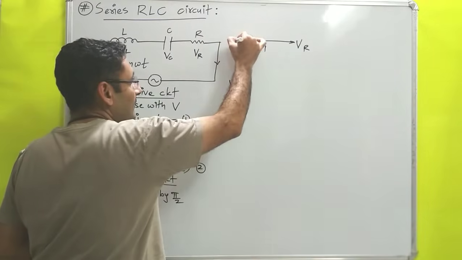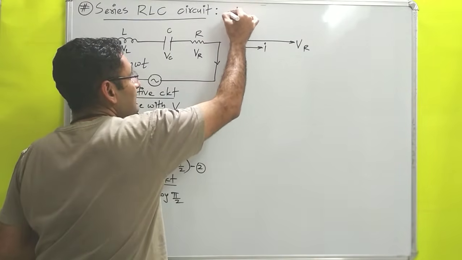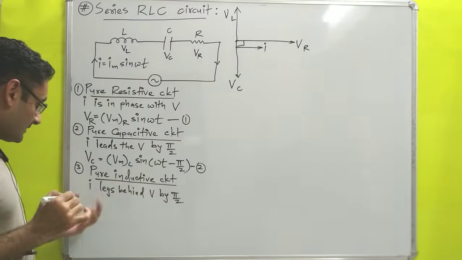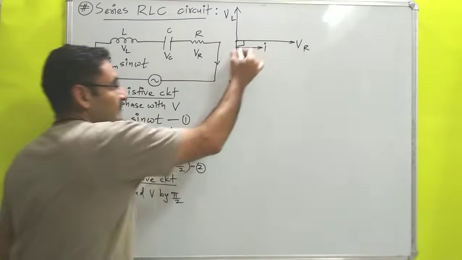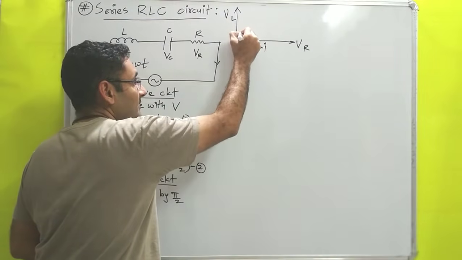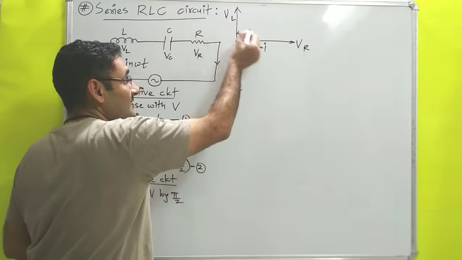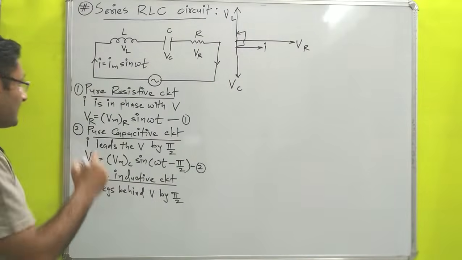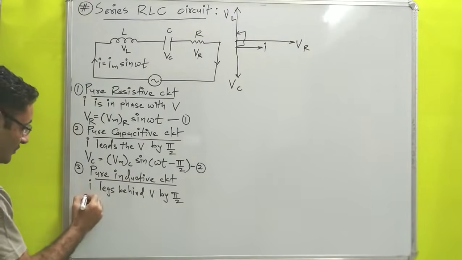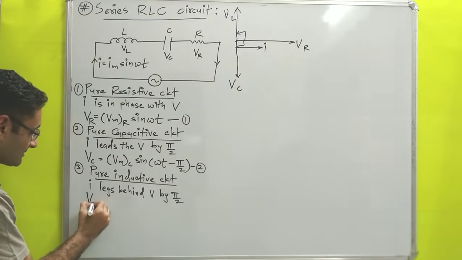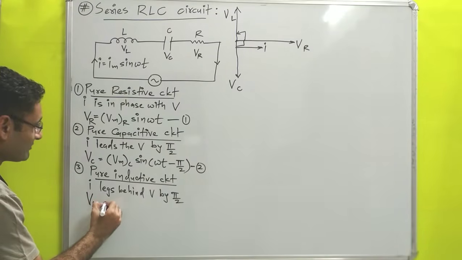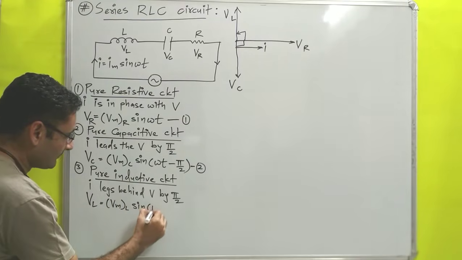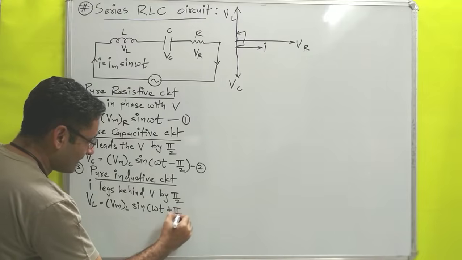On the phasor diagram, if I want to represent, it will be like this. That is your V, what? VL. Okay, current lags behind the potential by pi by 2, that means potential leads the current. आगे कौन चल रहा है? Potential, not current. That means if the equation of current is this, we can write the potential across the inductor, which is your Vm of inductor sine of omega t plus pi by 2.